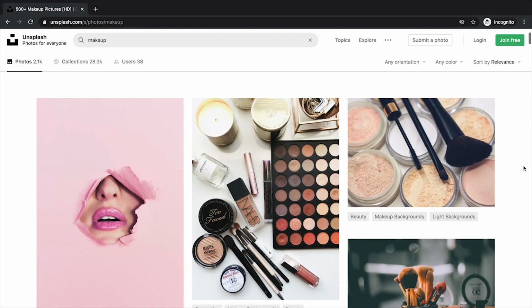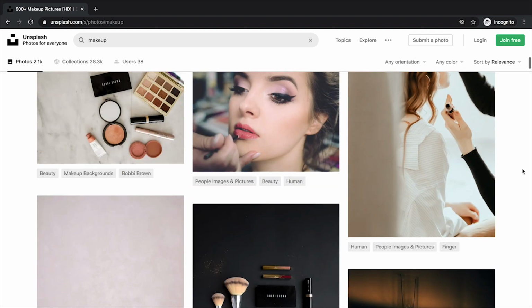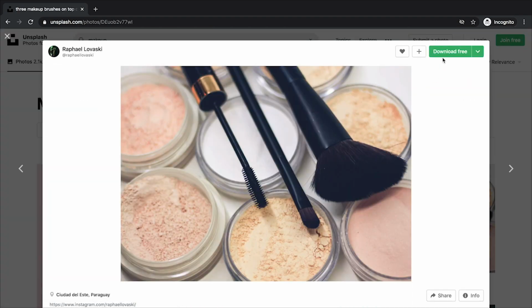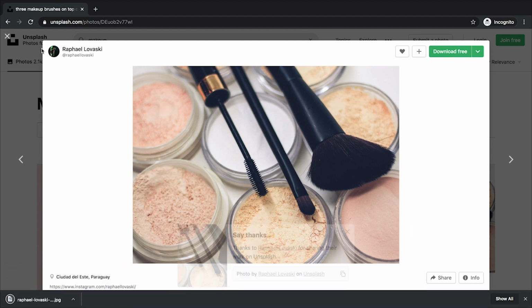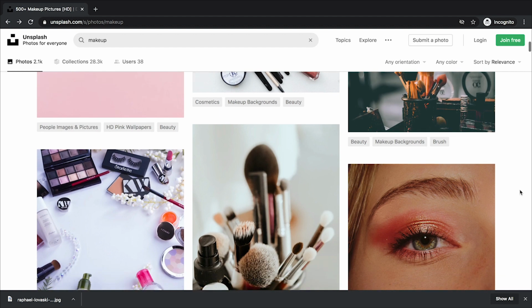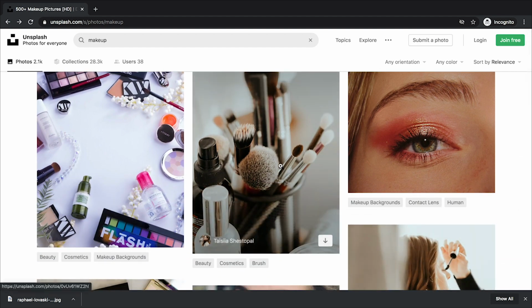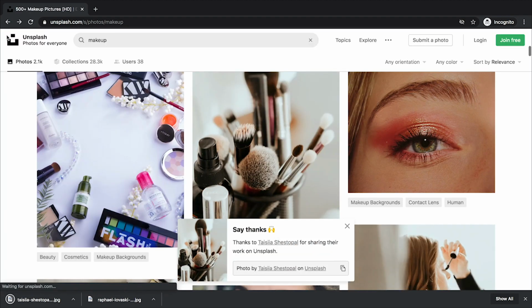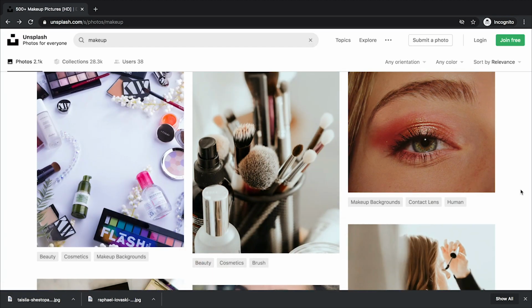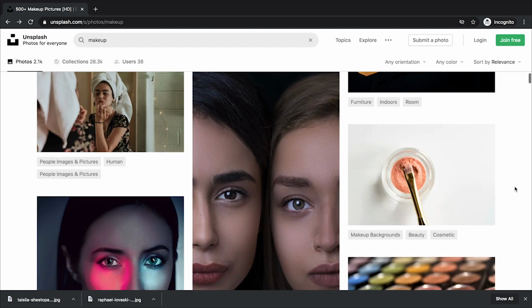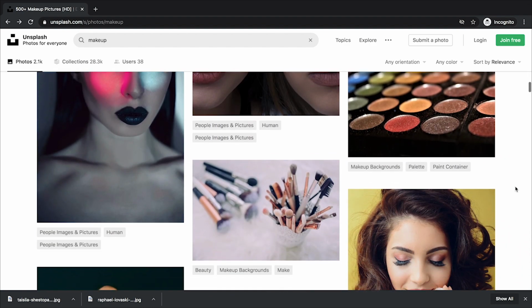So let's have a look and see what we can use for product. So let's grab 2. This one actually looks good. Okay, let's download this one. Excellent, great. Let's have a look for one more. Yep, this looks good too. Let's download that one. Great. And let's have a look for a homepage hero image. That's the large image that you get welcomed on the homepage.